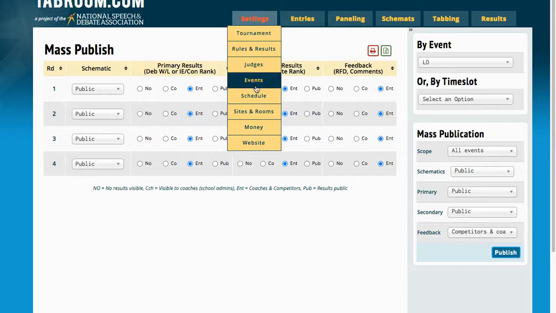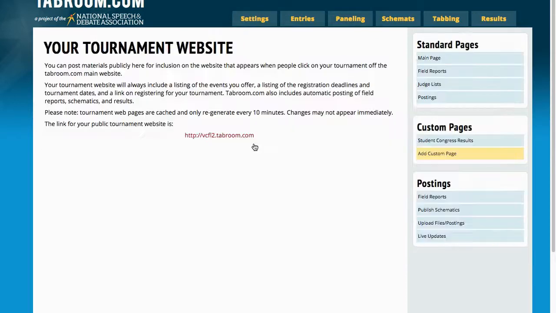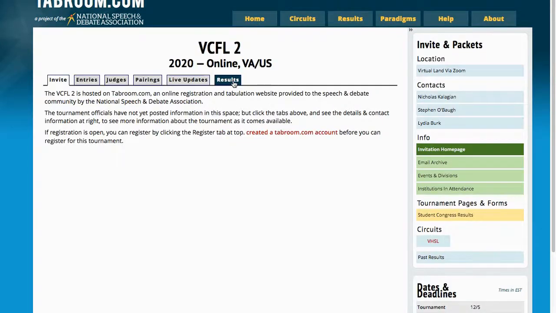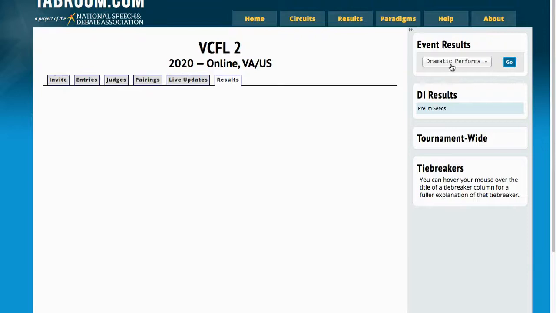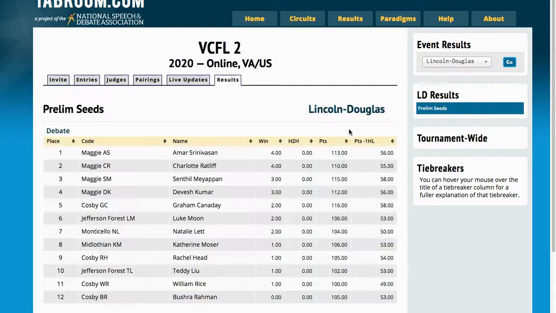To be able to see the results on the website, simply go to that tournament's website as listed there, and over on the results page, you can pull up whatever particular event you want to look at. Here, preliminary seeds will show us the order, with wins, total points,